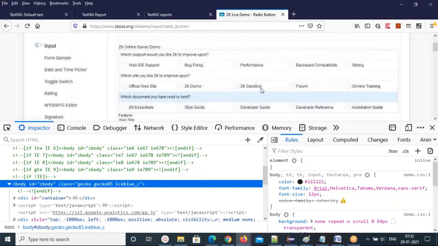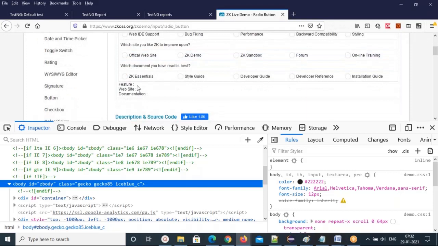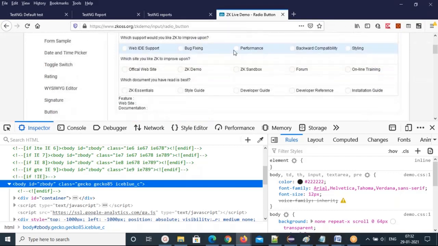Each section I'm selecting one, and I'm picking this value. What are the values selected? The radio button value will come here, like performance. If I select bug fixing, it will come as bug fixing here. So that is a dynamic value. Again, the same concept we used for fetching all the checkboxes. Apply the same following concept here to identify bug fixing or some other value of the feature. Feature is constant; the feature value is dynamic. Any value can be there. That value we can fetch with the following concept. Contains text following. Simple, right?